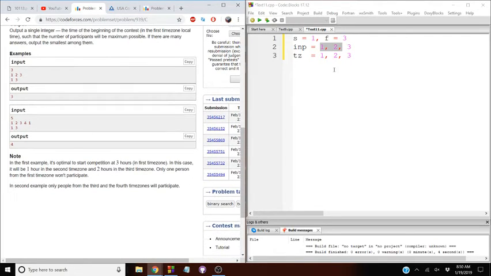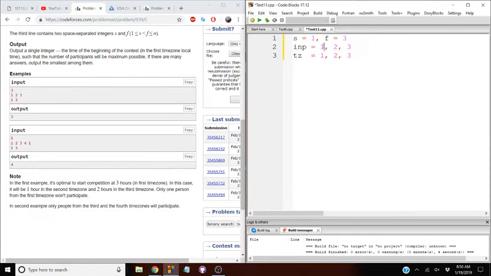Or sorry, the number of people who can get it is 3. The answer would then be 1, because you're supposed to output the beginning time in the first contest. However, what they're saying is we can do better, right? So if this 3 loops around and comes here, then 1 and 2 can get 5 people, because when the time zone is at 1 and 2,